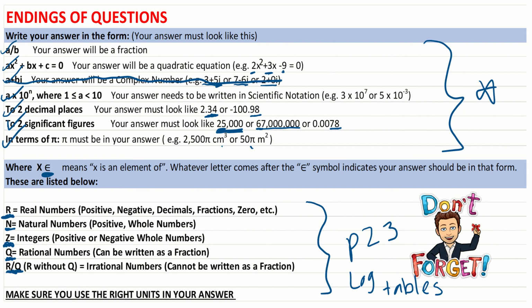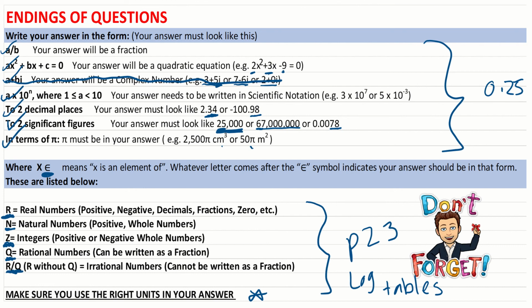Last thing, make sure you use the right units in your answer. There's 1 mark taken off for every unit that is incorrect, and also if it's not in the right form. So you could have all your workings out done perfectly and you could have your 10 marks in the bag, but let's say you didn't put your answer in the form of a fraction, you put it as 0.25, and then you forgot your